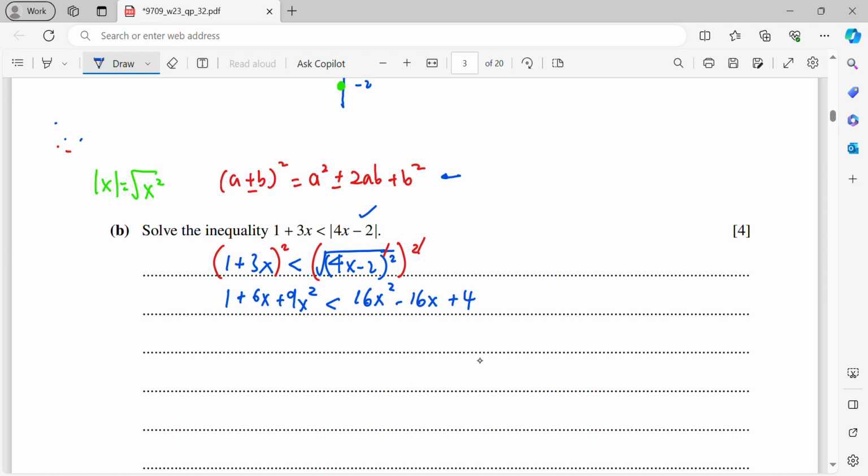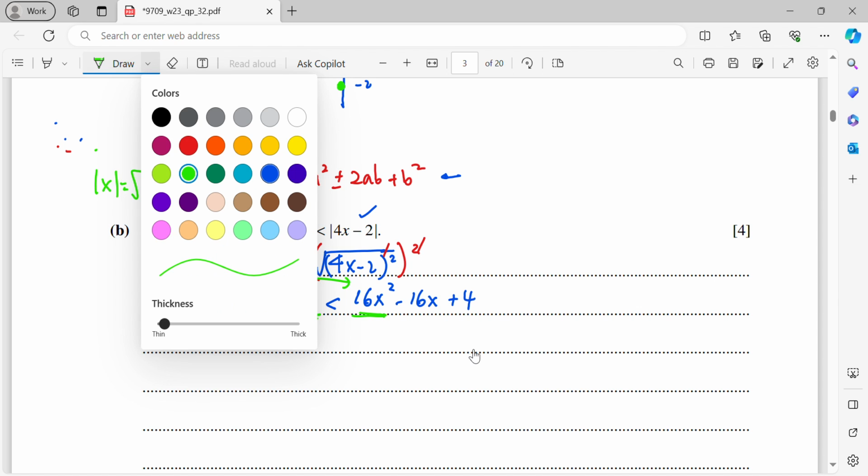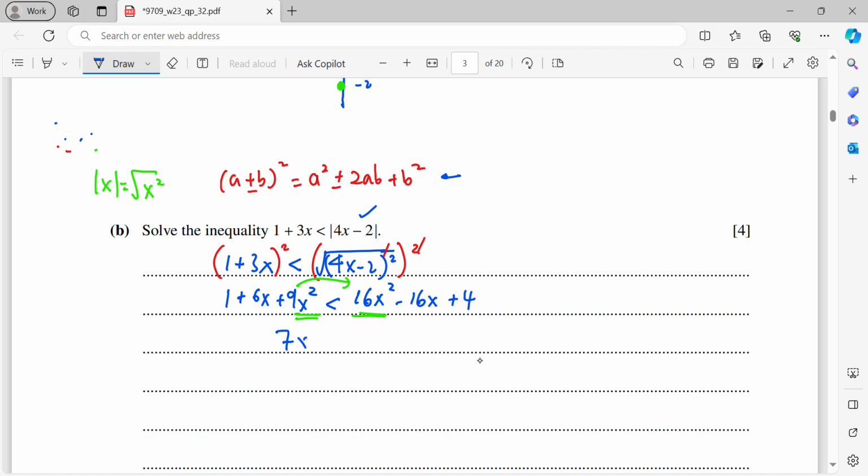Now I will move all the terms to the right side. So 16x squared minus 9x squared, you will be getting 7x squared. And then negative 16x minus 6x will be negative 22x. At last, 4 minus 1 will be plus 3. Then with all the terms on the right side, it will be more than 0. From here, this quadratic inequality can be factorized into (x minus 3)(7x minus 1) greater